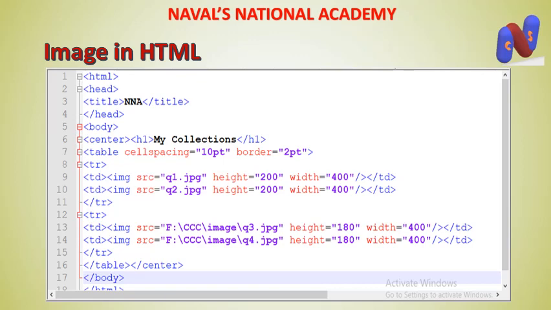If our HTML document and the picture are saved in the same position, at that time we have to give only the image name with its extension. But if our picture location is totally different from the location of the HTML document, at that time we have to provide the full path.